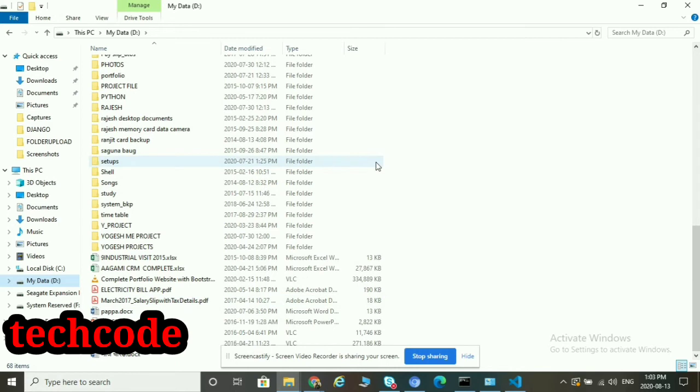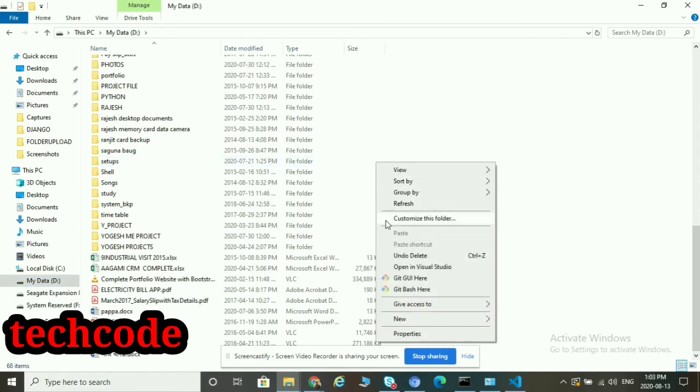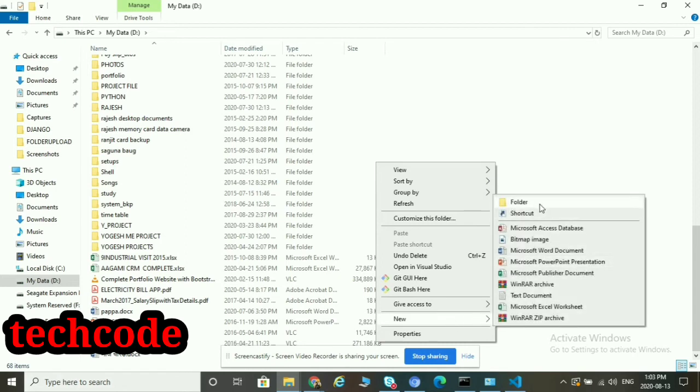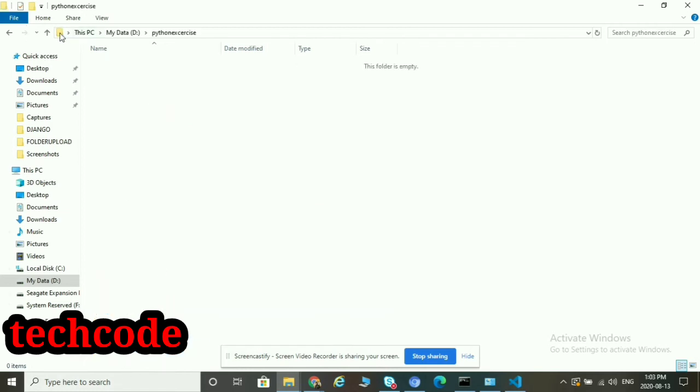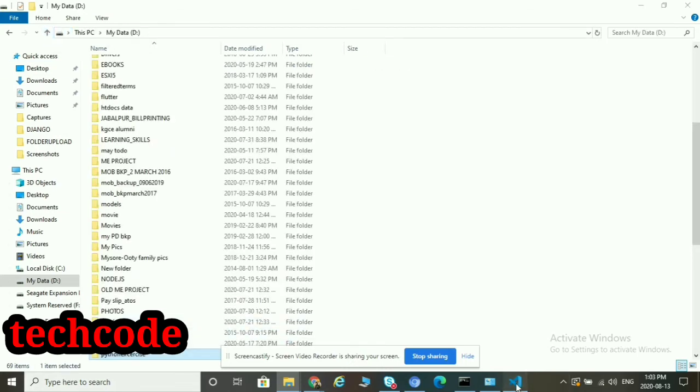So here I'm creating a new folder. The new folder will be created here. We'll give it the name Python exercise. Okay, the Python exercise folder is here. We will open this Python exercise folder in our Visual Studio Code.